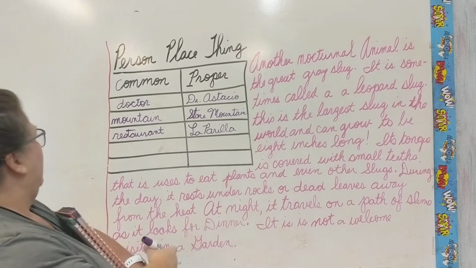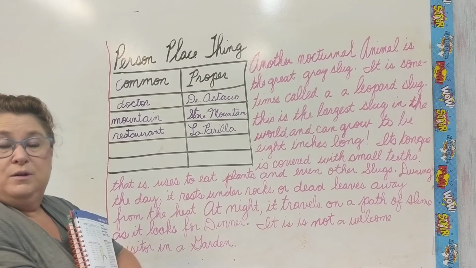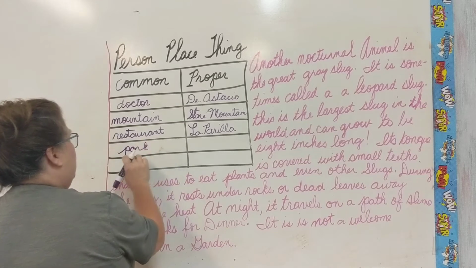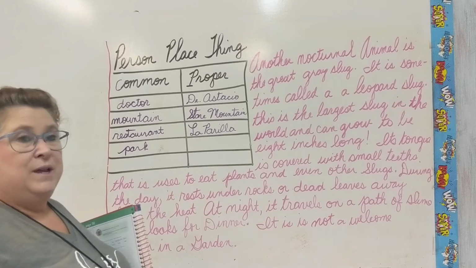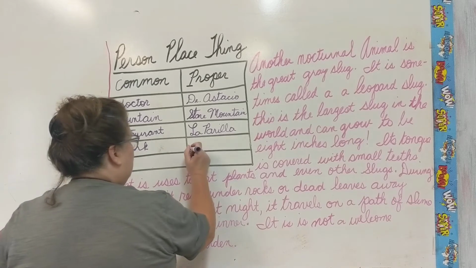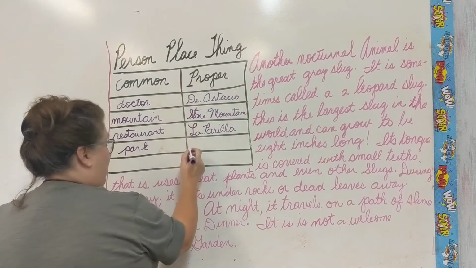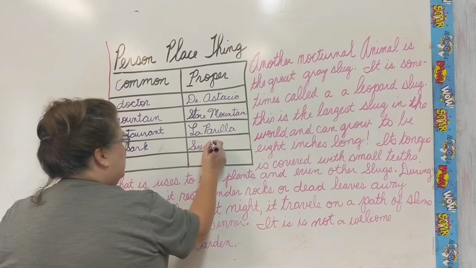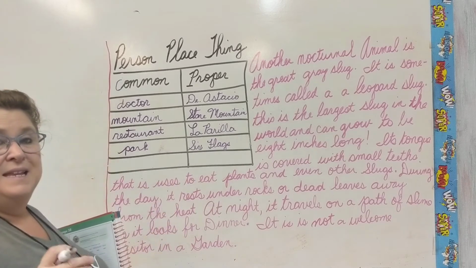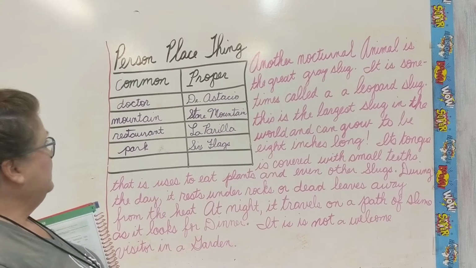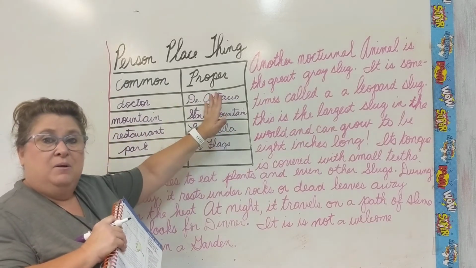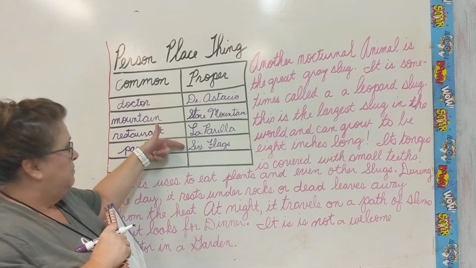Okay, so let's talk about a park. Okay, and have we given the park a name yet? No, we've not named a park, so park is just a common noun. But when we give that park a name and we say Six Flags Over Georgia, we have named our park. So Six Flags, we're just going to say Six Flags is a proper noun because it is the name of an amusement park. Okay, so when we give common nouns a name, it becomes a proper noun that must be